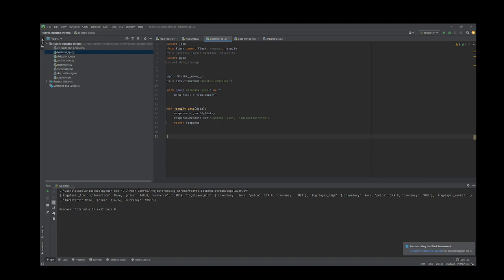So I guess maybe I'll start from the bottom. Probably one of the first things you want to do is get a list of all cards and all prints. With this one, it's fairly straightforward. We're going to open this JSON file, read only, and we're going to call it all cards. And then we're just going to load that, and then we're going to return the JSONified data